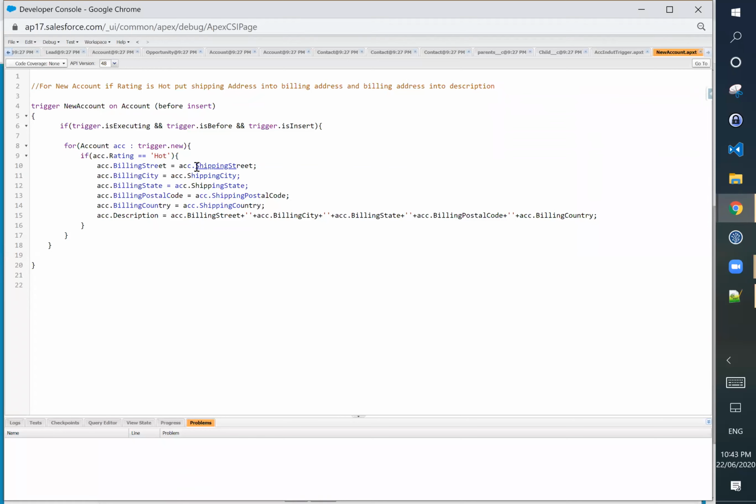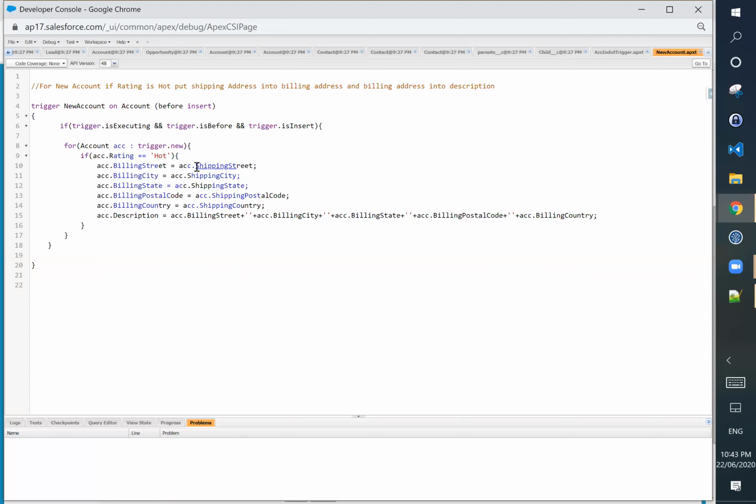Same way, in the description we are putting all this data from the billing street, billing city, with a space into the description.